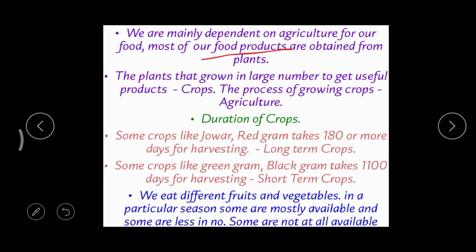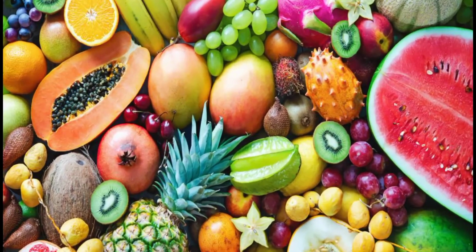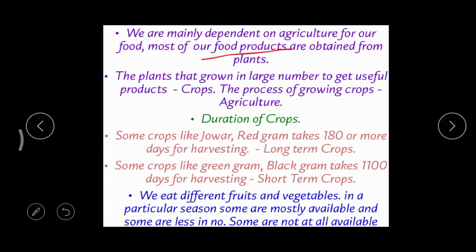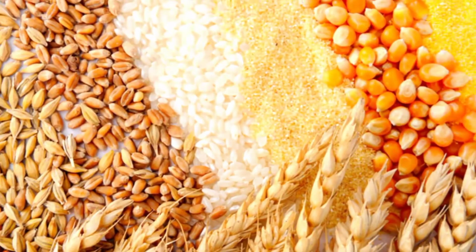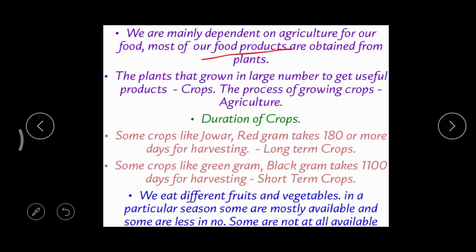food products, as I just told you, are fruits, vegetables, cereals, pulses, and oil seeds. All these things are obtained from plants. Of course, we get our food materials from animals also, but most of our food requirements are met by plants, right? So when the plants are grown in a large number,